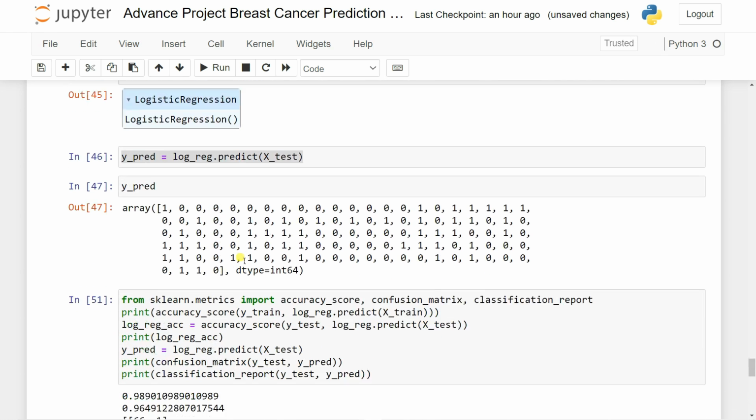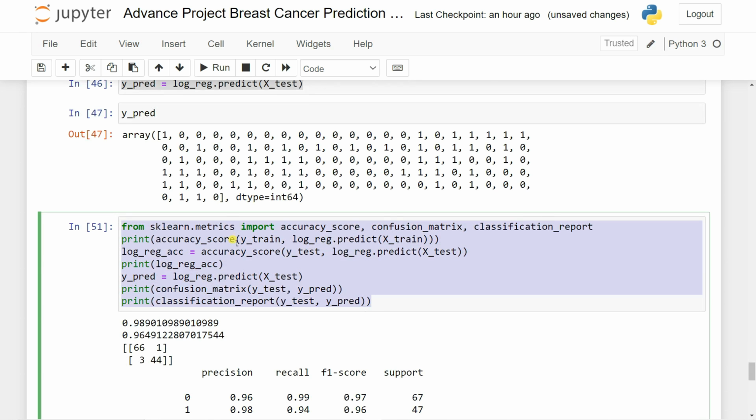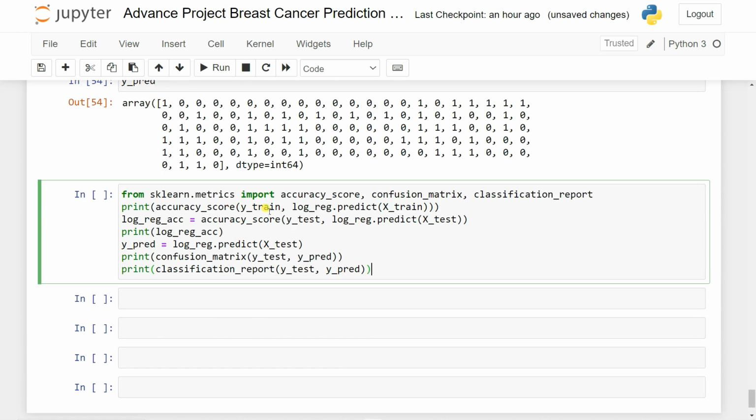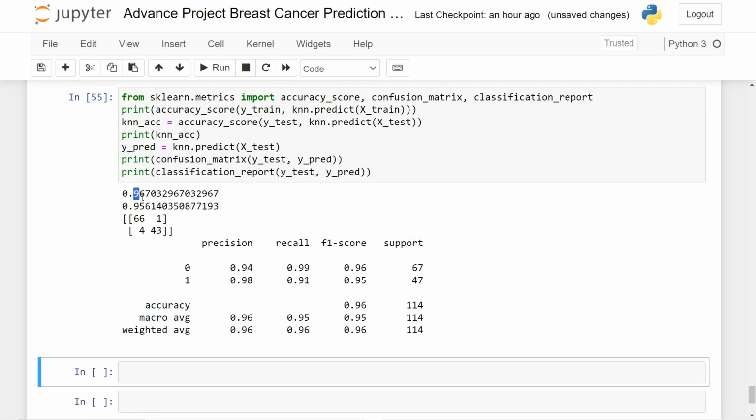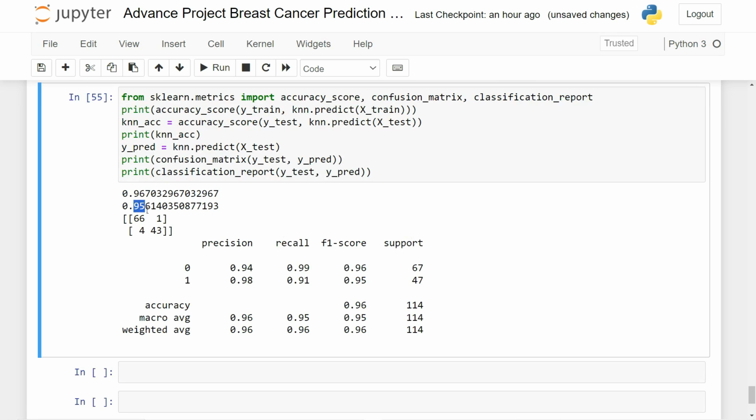Now what I can do is simply copy this from here, the same things, because all of the things are the same. We can just change this log_reg to knn. Just copy this out, and we also need to change this one, log_reg, and anything else. Okay, it's called the knn accuracy. I'm just going to copy this, paste it here. Anything else? Nothing else. Okay, so now you can see it also gives me 96% accuracy in training and 95% accuracy in testing data. This is my confusion matrix, and also the precision, recall, F1 score, and also